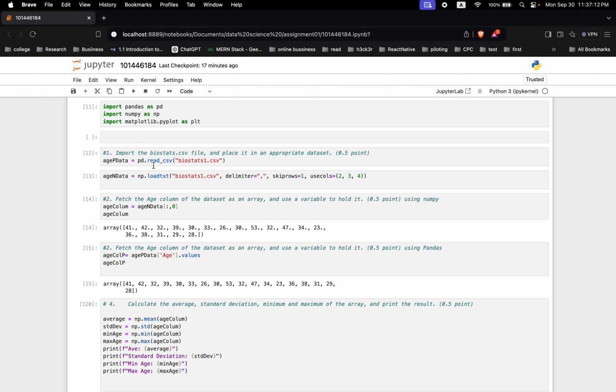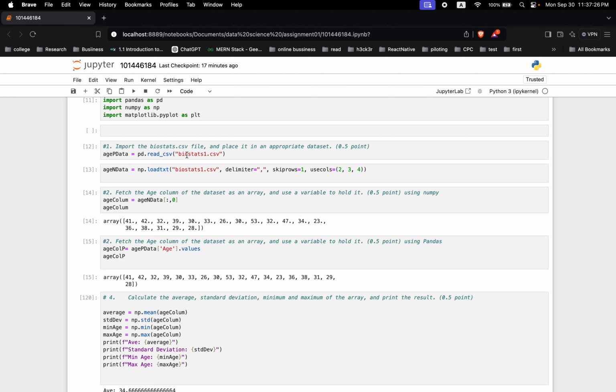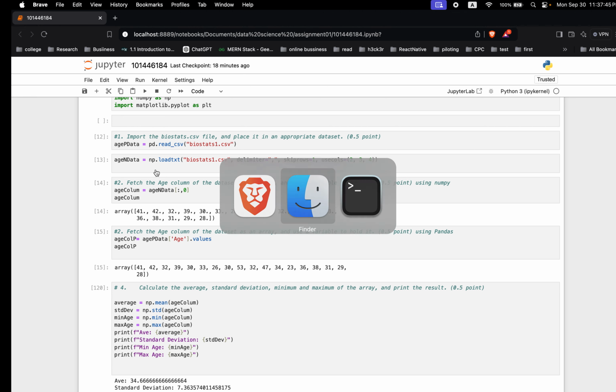First of all, we are just reading the CSV file; here I'm using pandas. With pandas, read CSV was available, so I didn't need to be worried about the strings in the file. But while fetching the data with NumPy, I needed to discard the strings, as seen in the